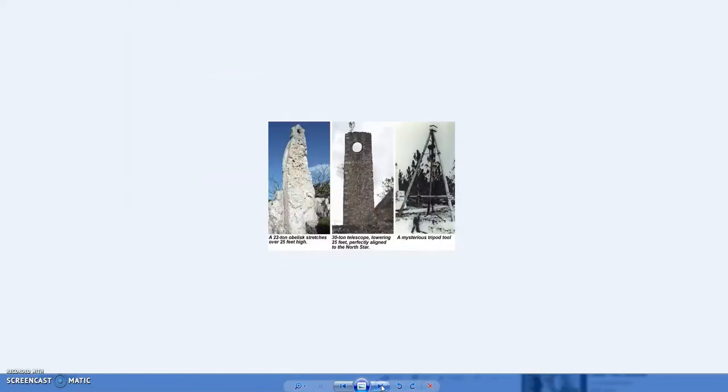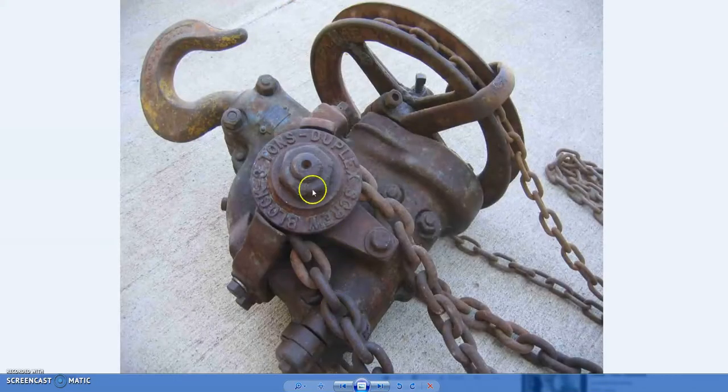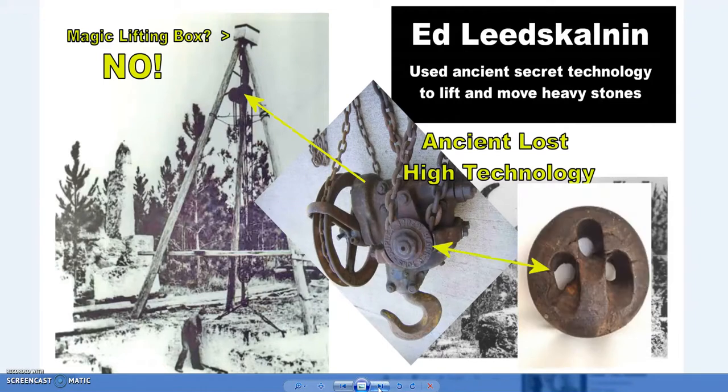And again, there's no mystery here. This is basic stuff, off the shelf stuff, scavenged pieces of automobile equipment, chain blocks, winches, pulleys. With rope, you could achieve the same thing, but, well, if you've got a chain, let's use a chain. But you could do it with hemp rope, which could support these weights just the same. There is no mystery here, no mystery at all. The only mystery is why